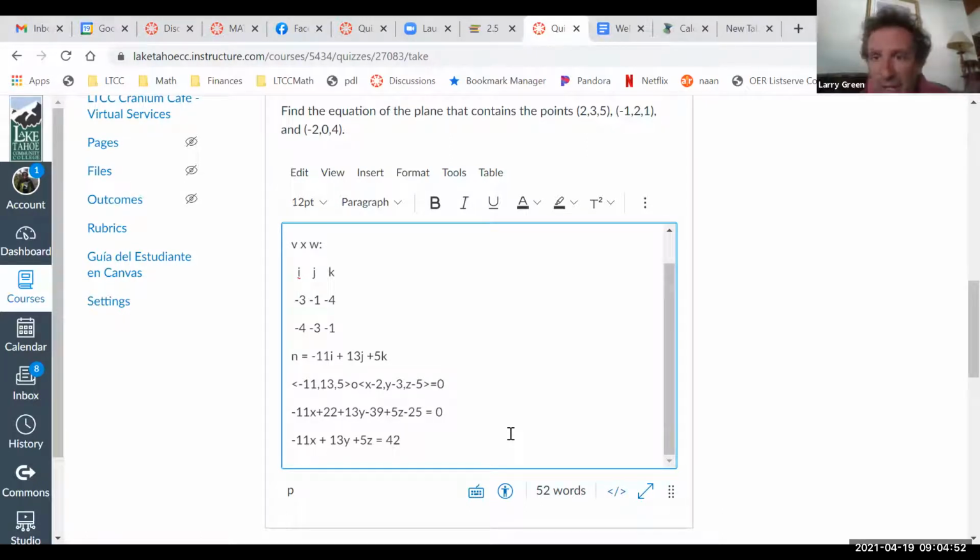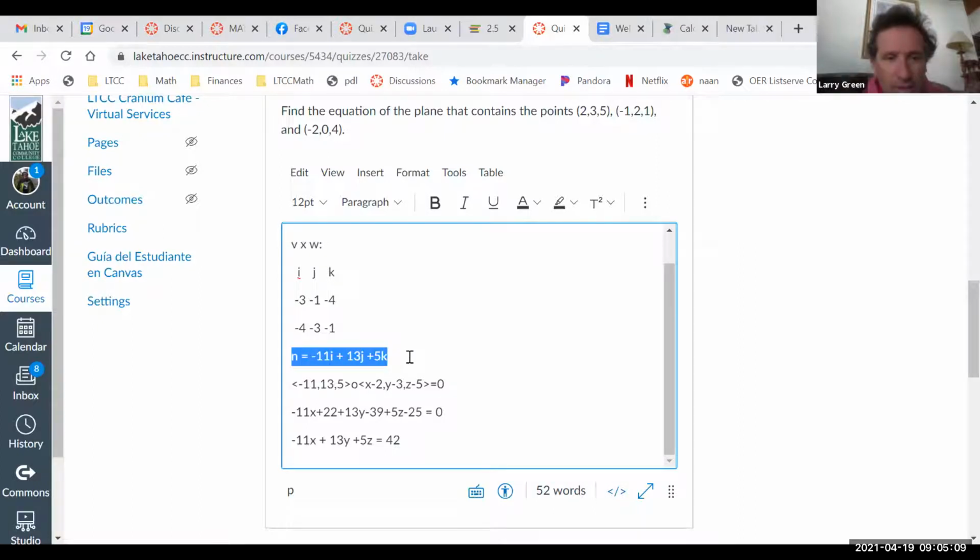You could also just plug in a point. I'm not sure what you really mean by plug in a point. I don't know where you'd plug it in to find 42. Oh, I guess you could do that, but I like using it this way because that forces you to truly